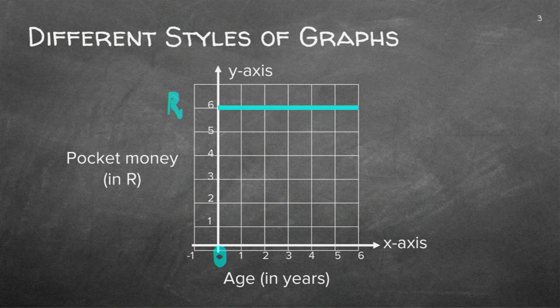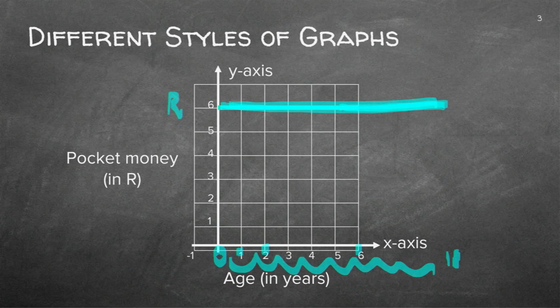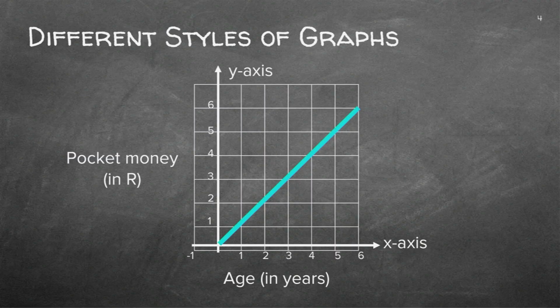Unfortunately, you got 6 Rand at the age of 1, you also got 6 Rand at the age of 2, and it seems like when you're at the age of 18, you will still be getting 6 Rand, which is obviously not enough. So the X value went more, you grew older, and that increased, but the Y value stayed exactly the same. Let's have a look at a different graph.